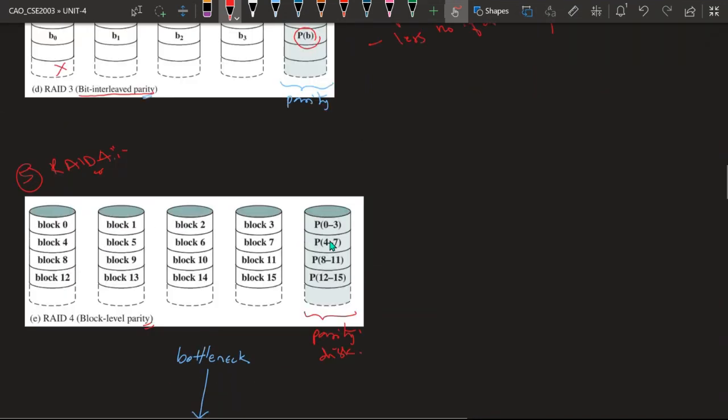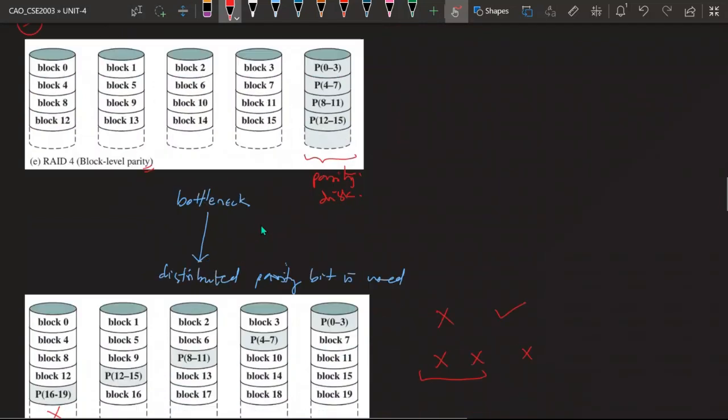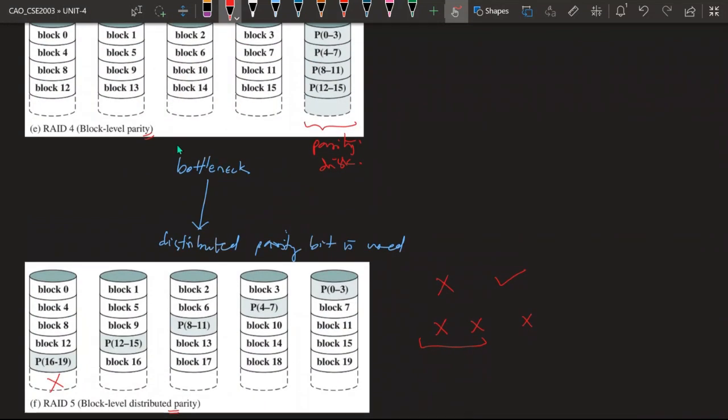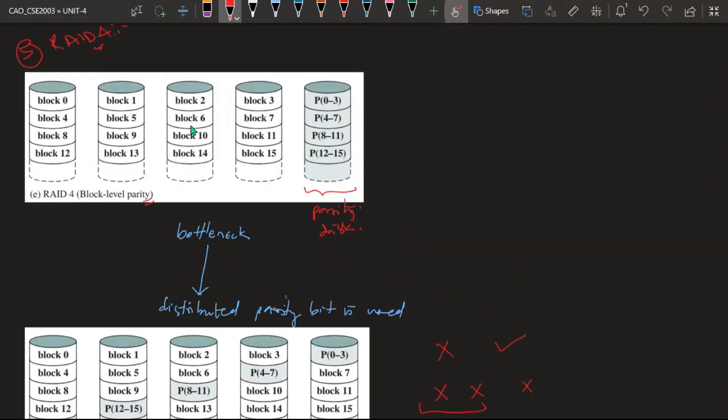So further it will reduce the requirement of the size, of disks also. There are some advantages and disadvantages. Here there is an issue of bottleneck. Bottleneck in the sense, sometimes a particular data is being accessed or required,